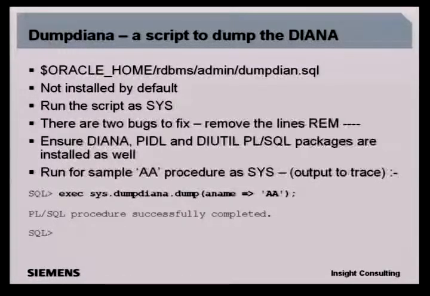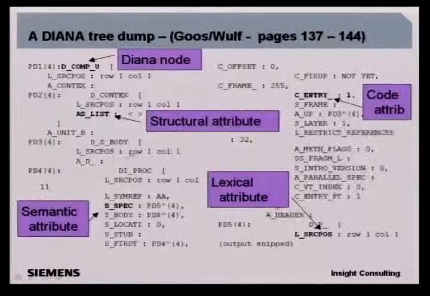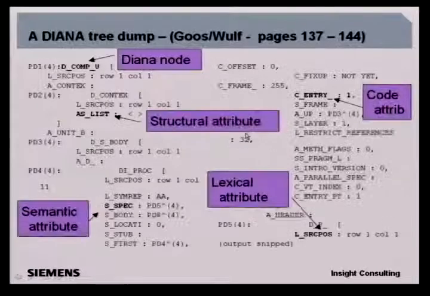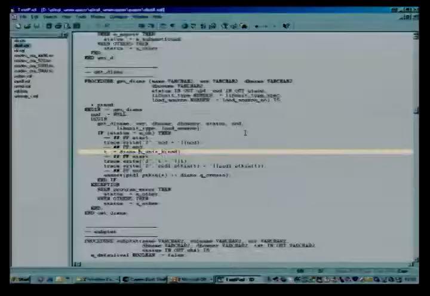There are actually 2 lines with rem and then a lot of dash symbols. If you remove those, it installs and compiles properly. You need to check that the Diana, PIDL, and diutil packages are there as well. Then you can run dumpdiana, which is what's shown at the bottom of the screen, and just pass in the name of our simple procedure, and it creates a trace file, which I'll show you a clean one because it's a bit easier to